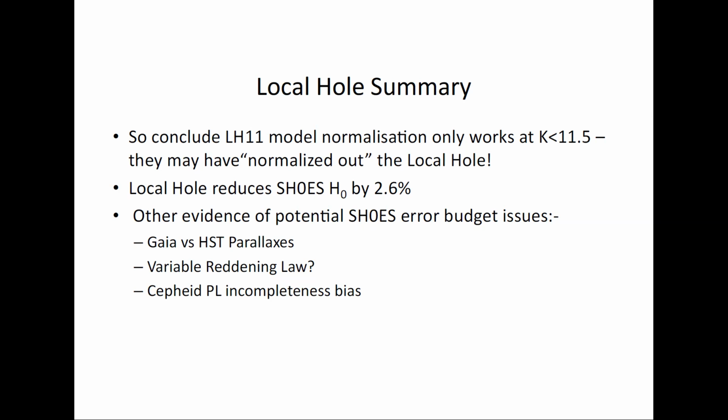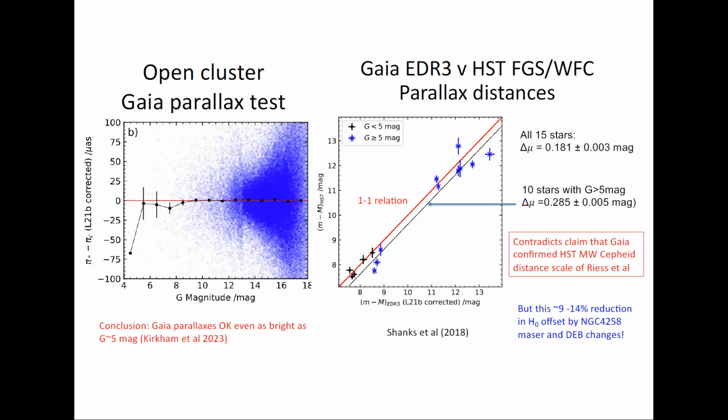And now I'm going on to briefly mention other evidence of potential Hsu's error budget issues, but really the local hole is the only one I can point to say that is an effect that's going to change their H naught. The other ones are more speculative. So I admit that right at this point. So the first one is, in that 2019 paper, when the Gaia data had come out,